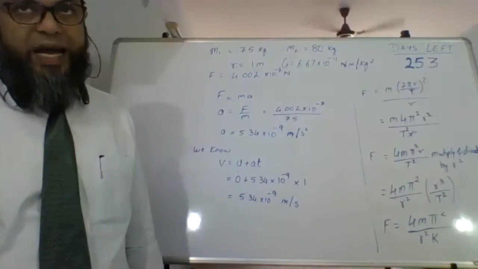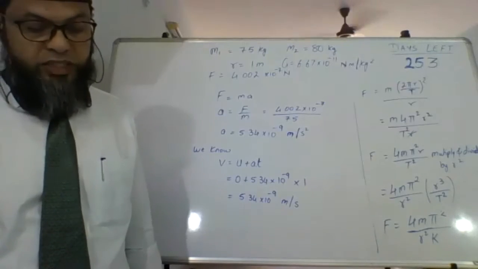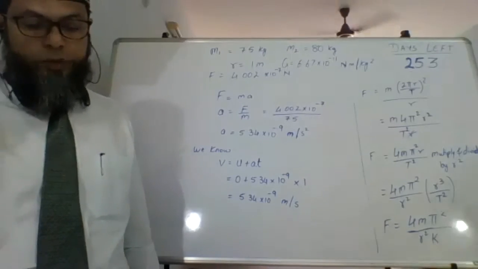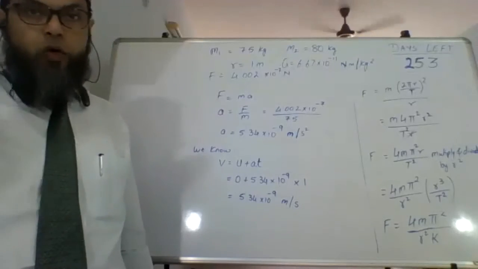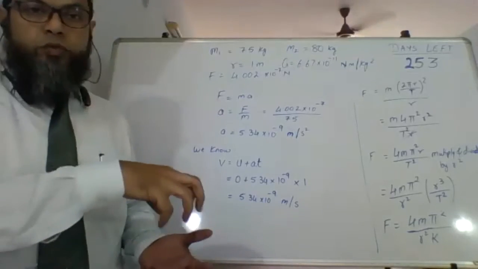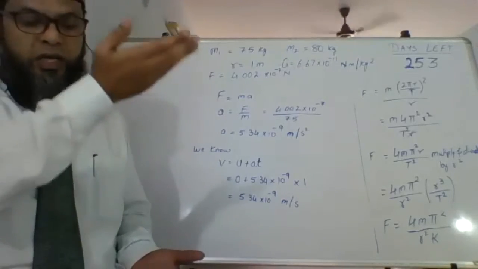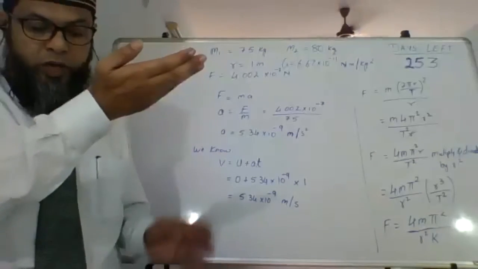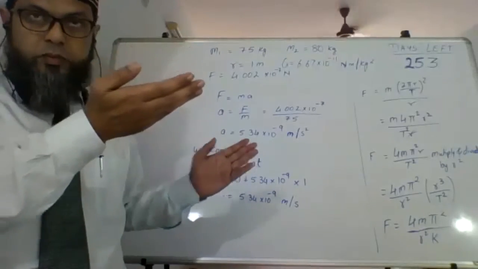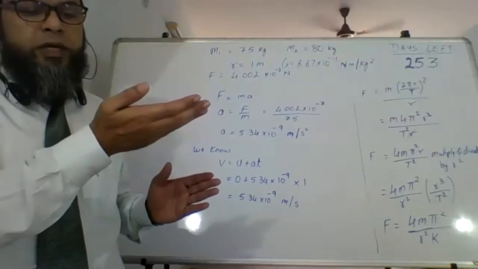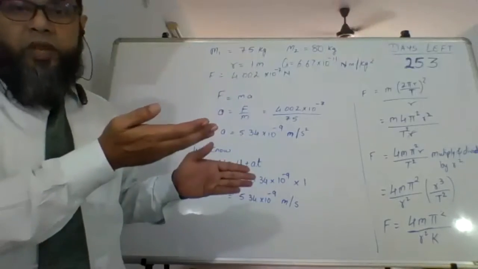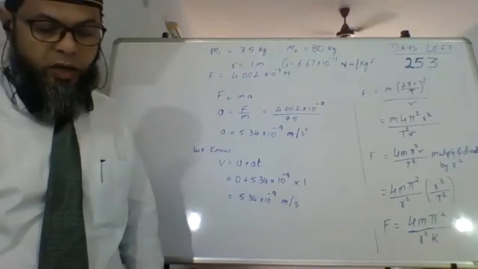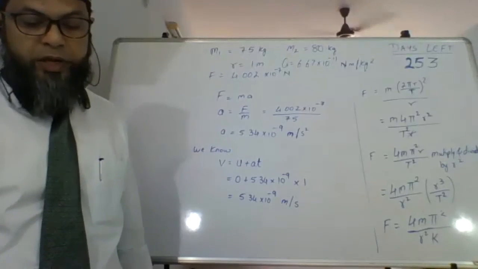The water which is directly under the moon is pulled towards the moon, due to which the water level there will go up. The moon will pull it towards itself, so the water level will go up. At that place there will be high tide. Perpendicular to that, at that place it will come down. There it will be a low tide.